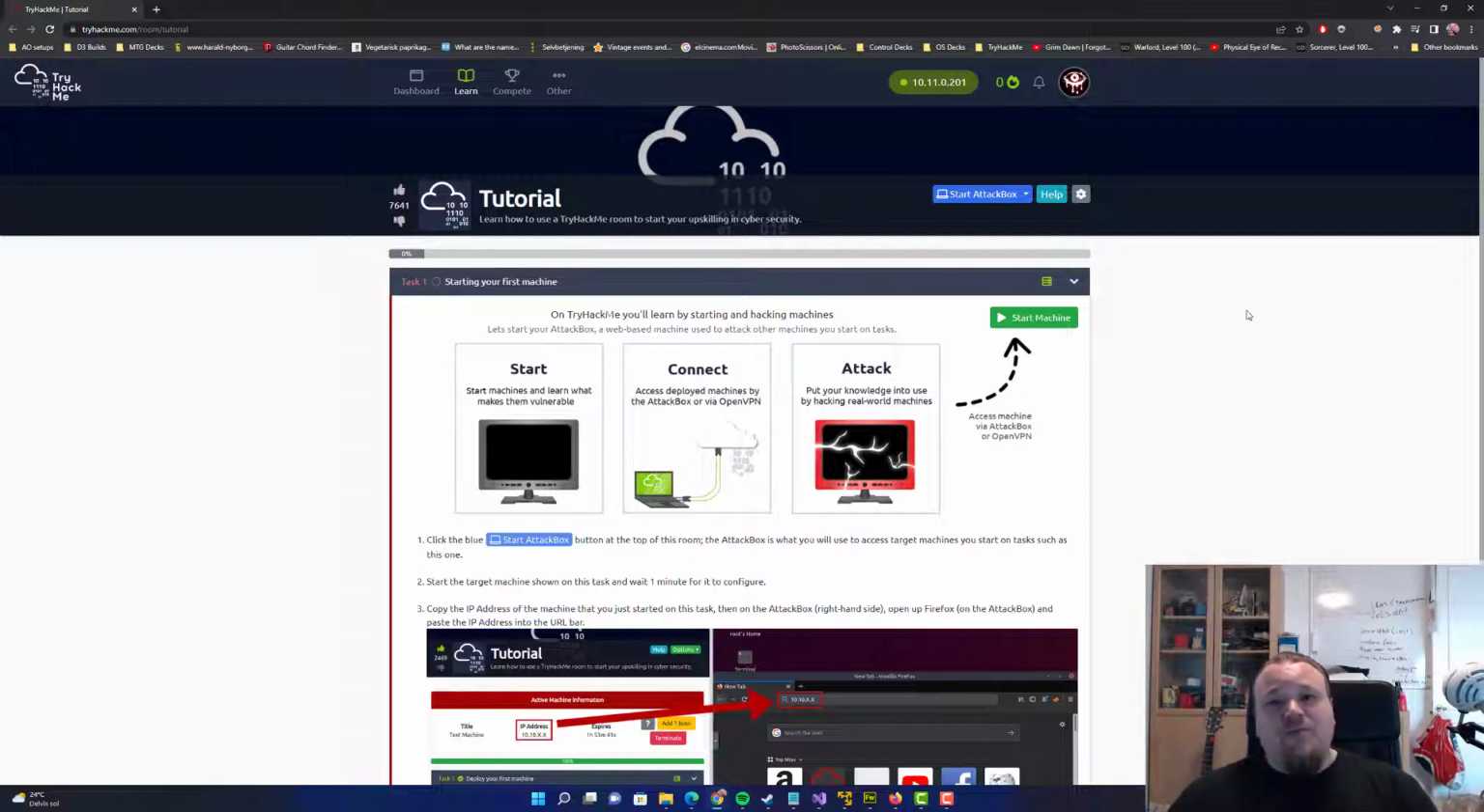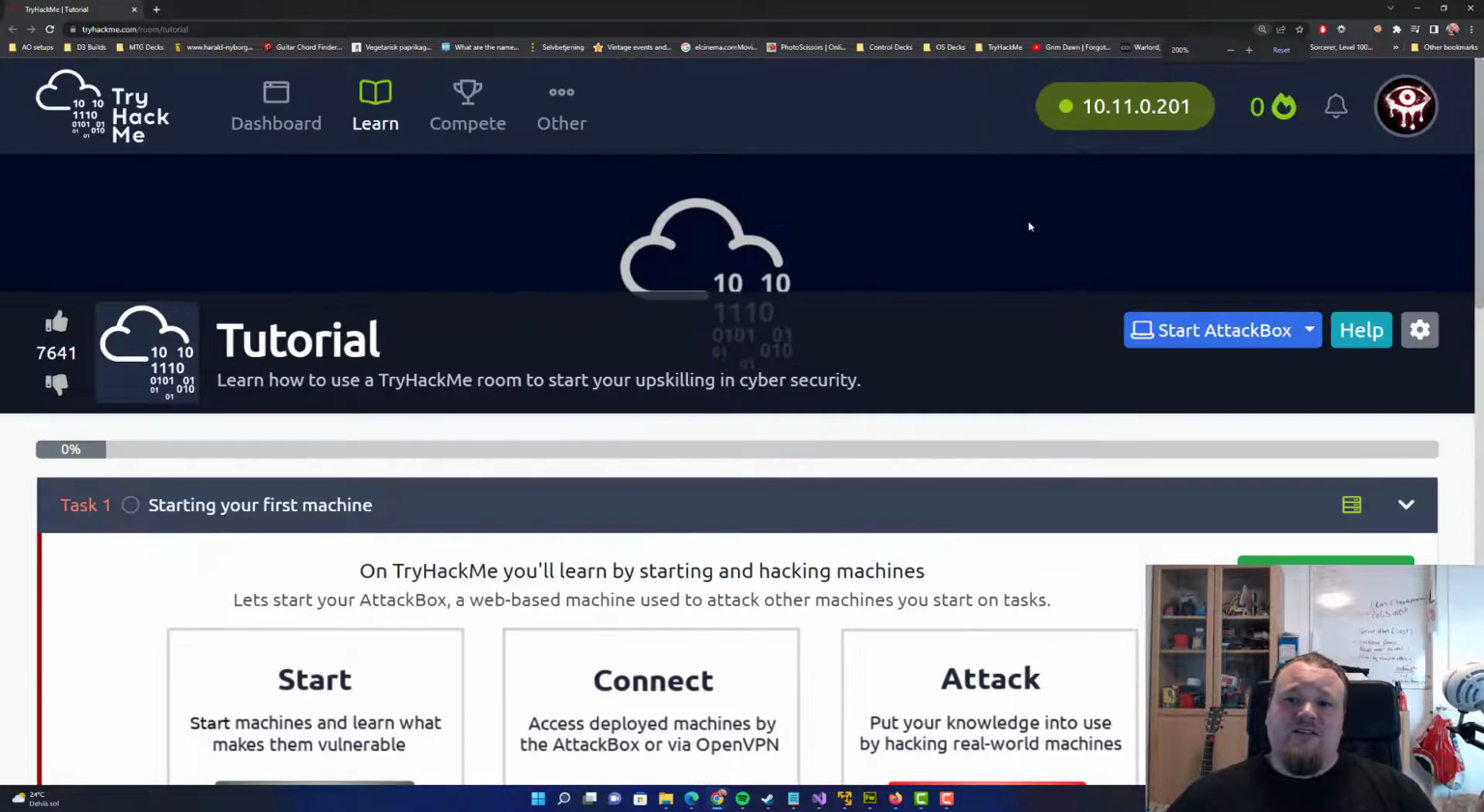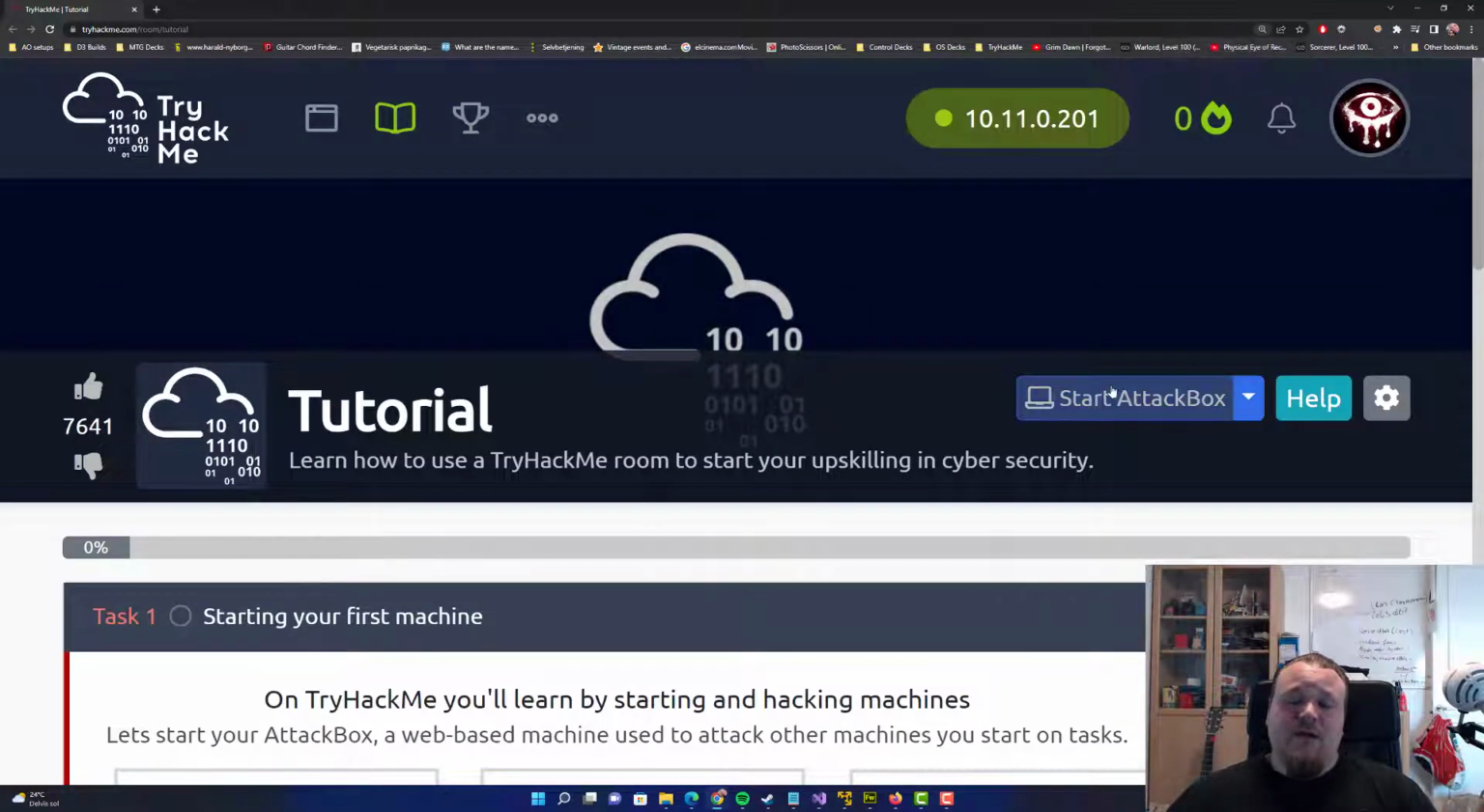Now if you paid a subscription for TryHackMe, you got something called the attack box. An attack box is a virtual machine that you can start up in your browser by clicking the blue button you can see right here. It says start attack box. Now when you do that,